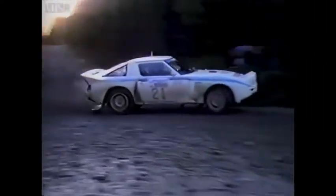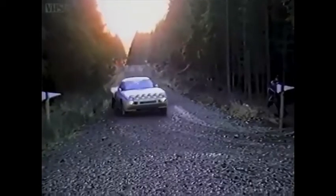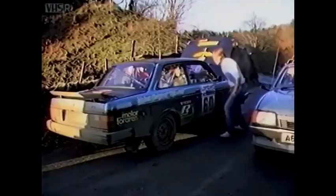Mazda are another Japanese marque well represented. 2 Group B RX-7s for Philip Vomberg and Ingvar Carlsen. Whilst not likely to challenge the leaders, they looked and sounded impressive. Attractive Volvo drivers